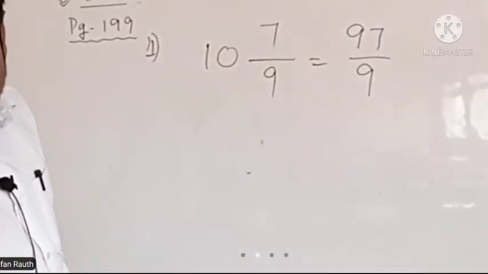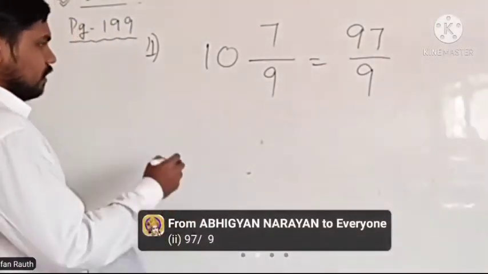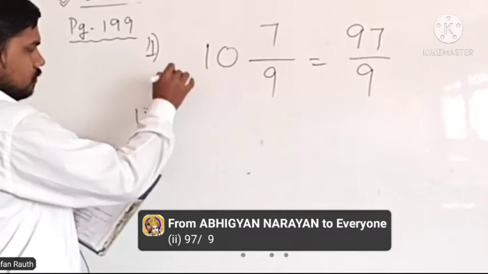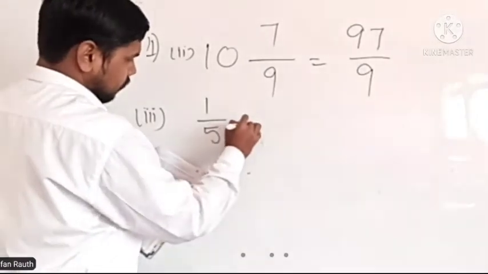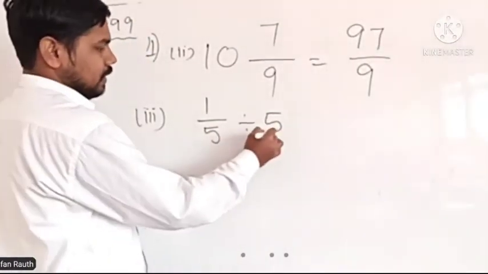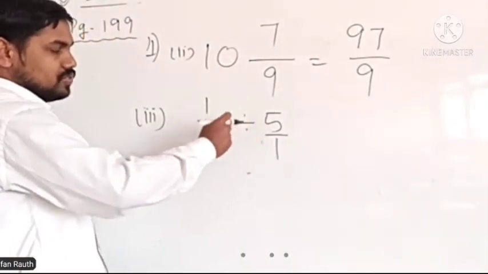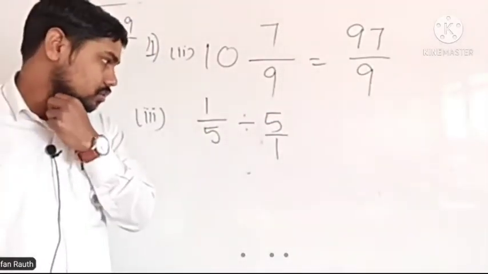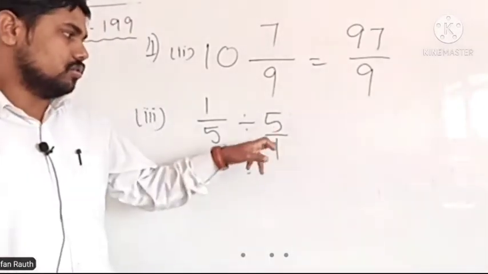Now a division related question is there. 1 by 5 divided by 5. This is the third one. This was the second one. So the third one is asking 1 by 5 divided by 5. So here, when divided by 5 is there, nothing is there in the denominator, means 1. For changing the sign, we need to change the numerator and denominator, which we studied as reciprocal. We just need to make the reciprocal of these numbers, right?